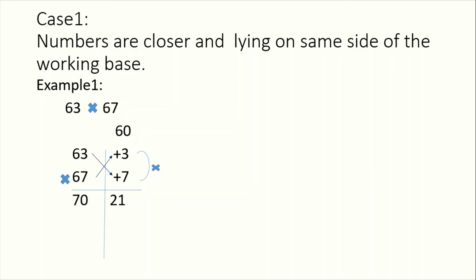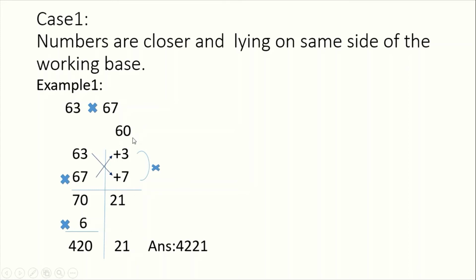If we add 7 to 63, we are getting 70. 3 sevens are 21. That will come in the second compartment. As we are working with the working base which is multiplied by 6, for the first compartment we are multiplying with 6. If you multiply 6 to 70, you are getting 420. And for the second compartment, we are getting 21. That is the answer. See here,